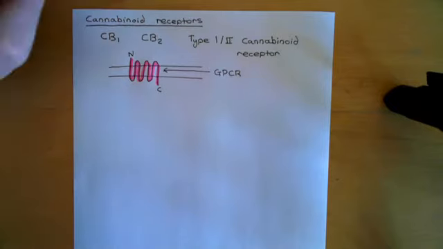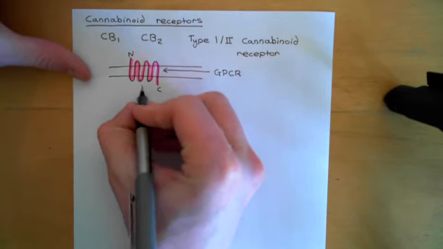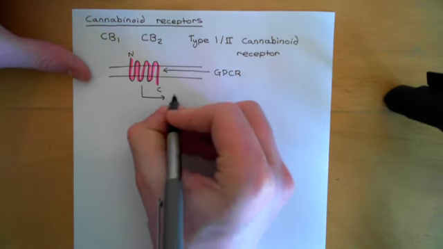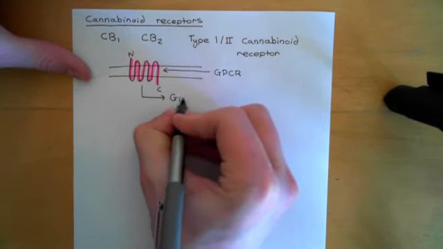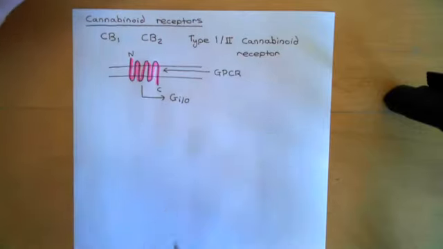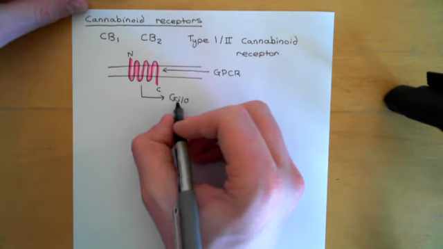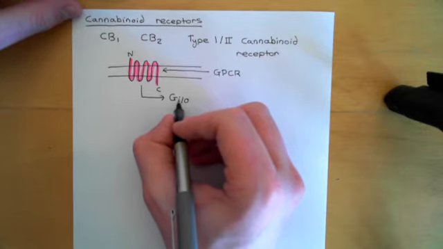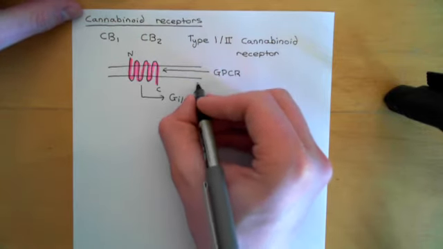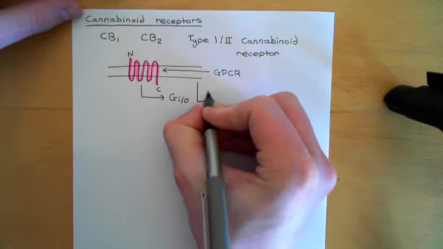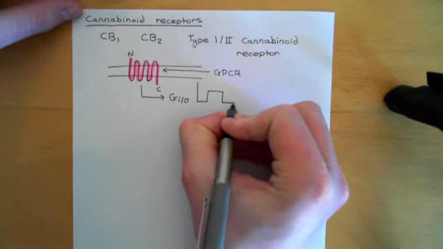Now, which G-protein cascade do they actually activate? Well, they activate the Gi/o heterotrimeric G protein. So what does that mean? Well, basically, Gi is the most famous heterotrimeric G protein, although there actually are 3 different Gi heterotrimeric G proteins. So let me just explain this. If I just draw the heterotrimeric G protein here.